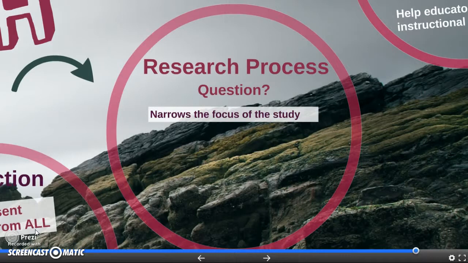My initial research question was the following. What instructional strategies promote increased vocabulary literacy development in English language learners grades K through 6? That's a mouthful. From this question,